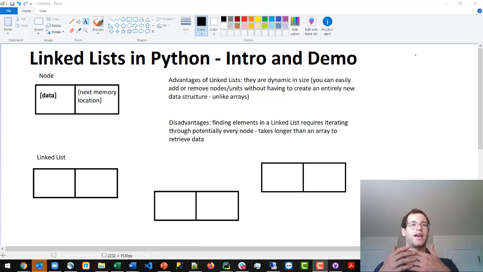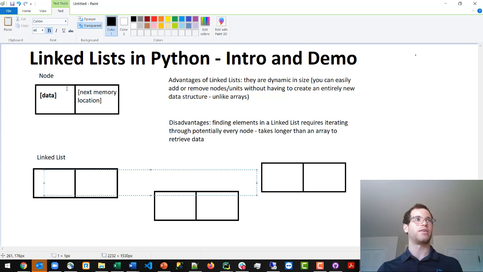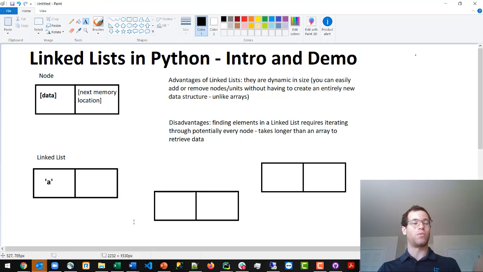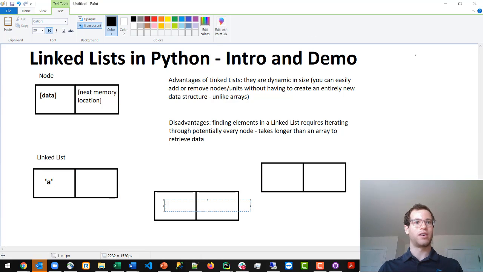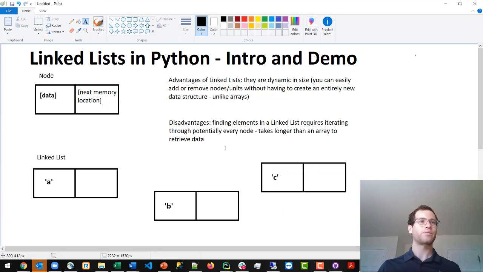In an example linked list, like what I have here, let's say we want to save a collection of characters. I should make the font size bigger, sorry. Size 20. If I wanted to save the character A in one node, I'm going to save it there. I want to save another character B, and I want to save a final character C in this node on the far end. What's going to happen in memory is that we've got basically 3 separate places in memory where we can save this,